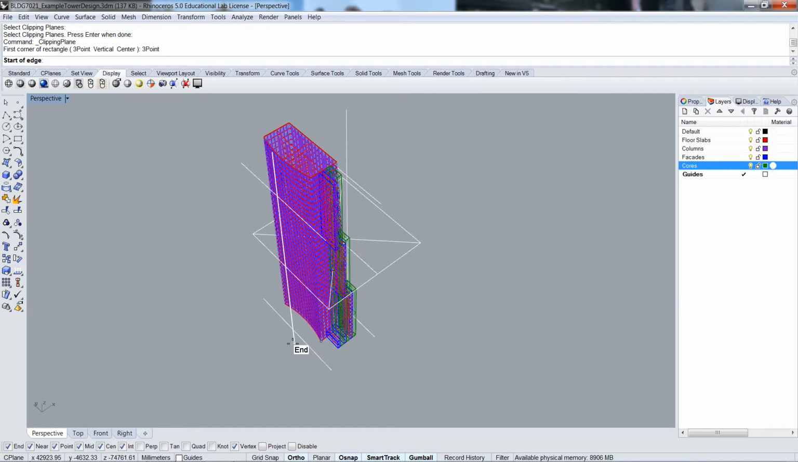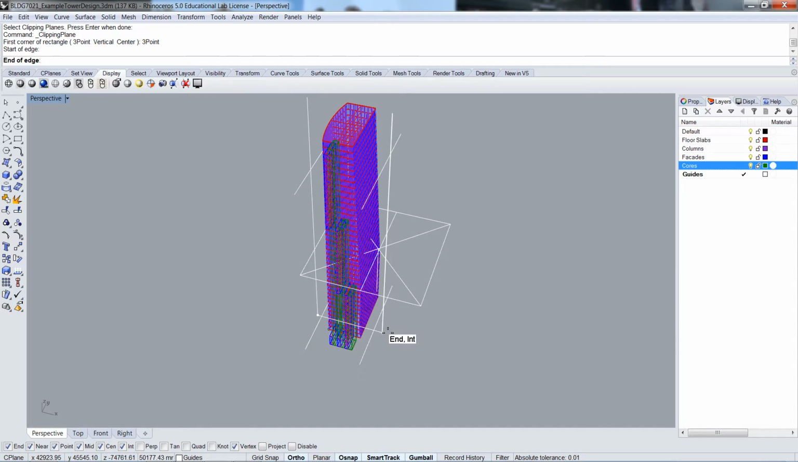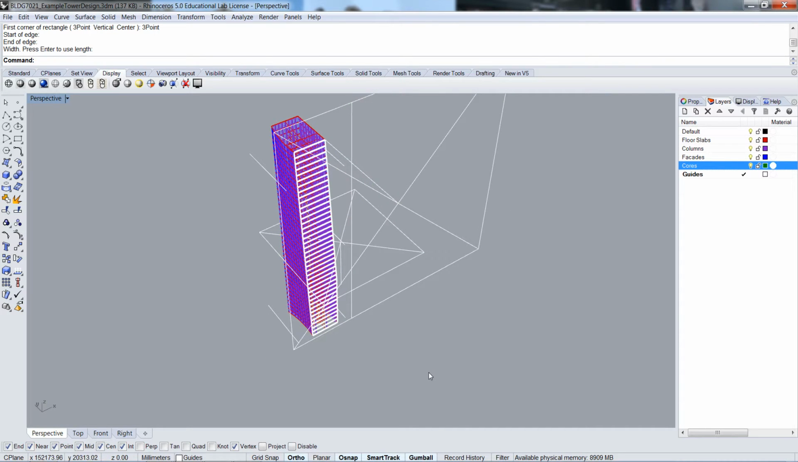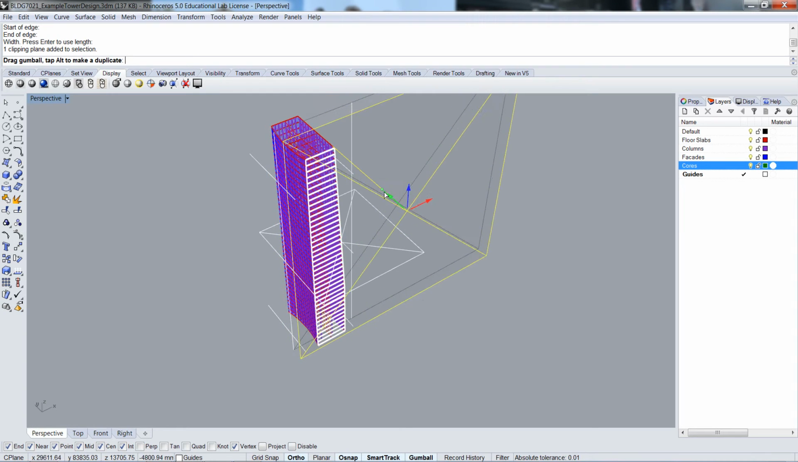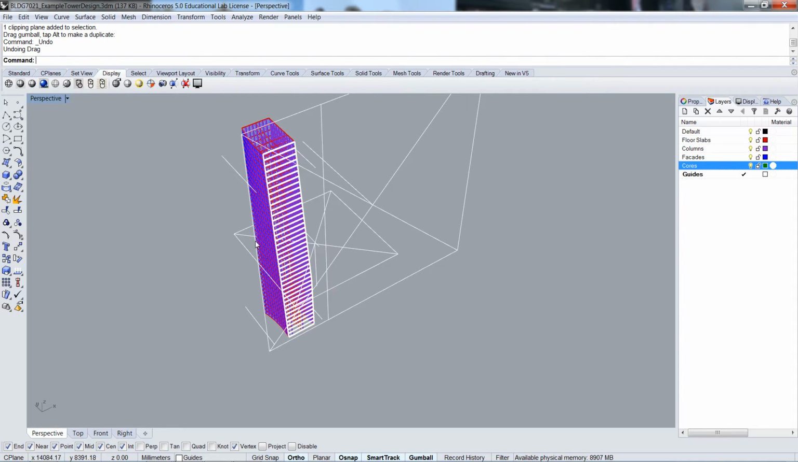My start of the edge is going to be my first vertical, second edge, second vertical, and the third is going to be the top. And there's our clipping plane through there. You can actually select that and use the gumball to sort of pull that back and forth as well if you like. Now I'm going to have to set the construction plane to be coincidental with that clipping plane